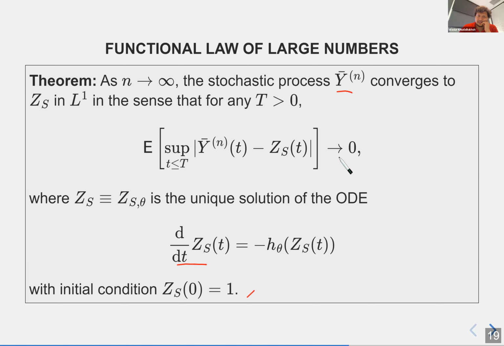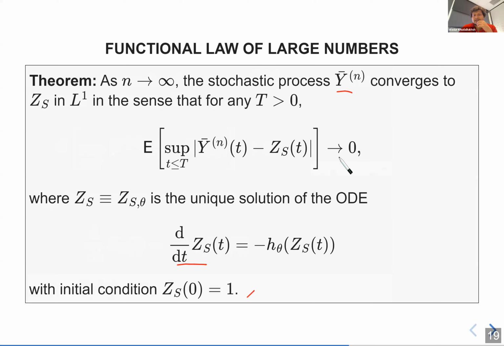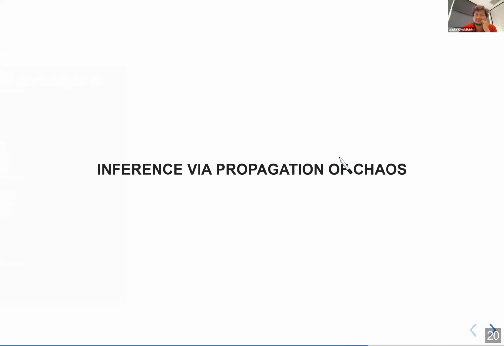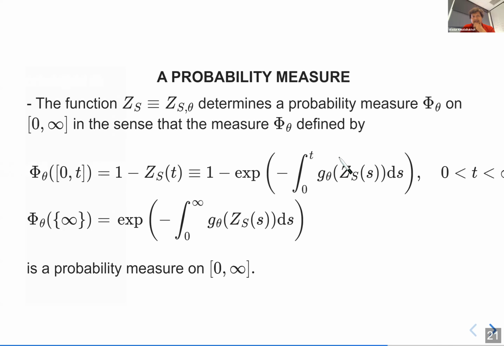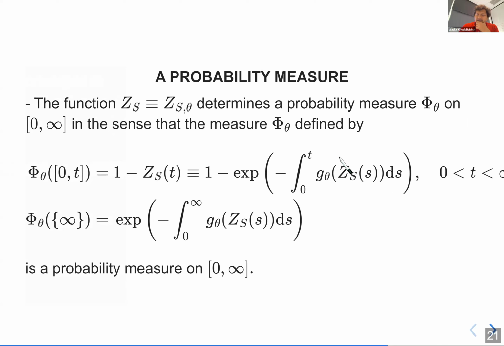And not only that, this already means that when n is large, the behavior of the interacting particle system should be approximately equal to the behavior of the original continuous time Markov chain model that we had, and the individual transfer times of the original model should also be very close to the transfer times that I observe in the interacting particle system. So, in order to formalize a likelihood function for these transfer times, now here's a crucial step to